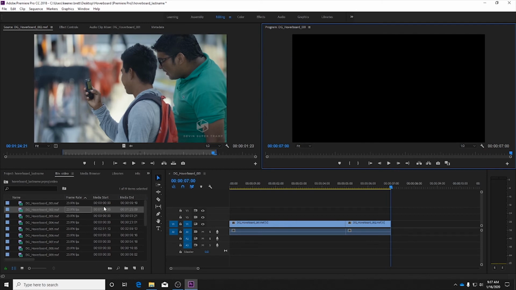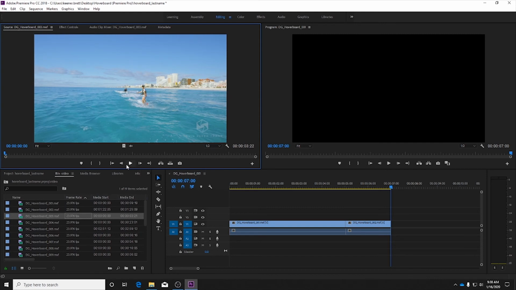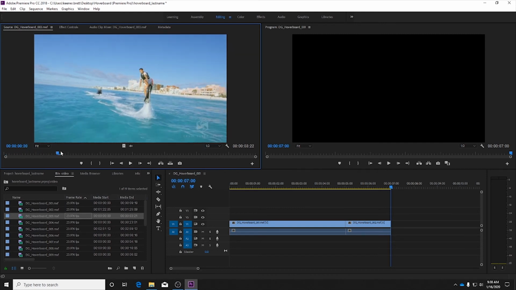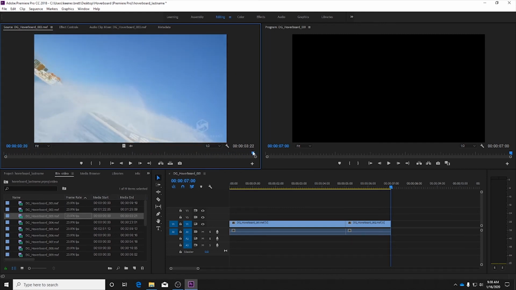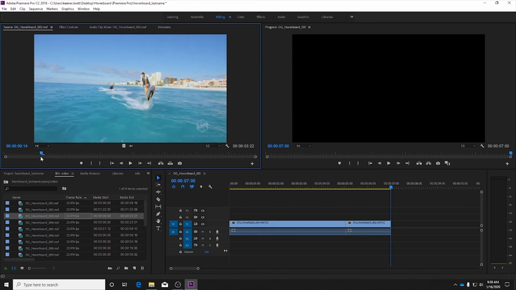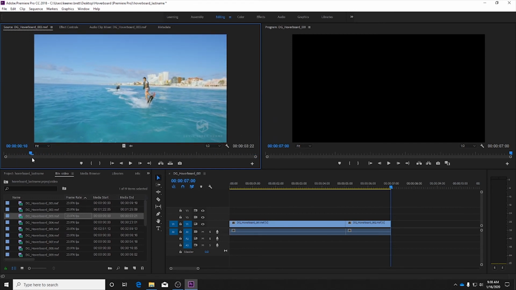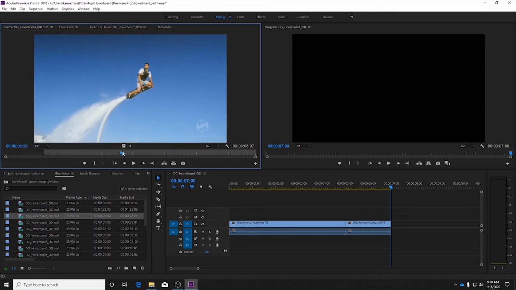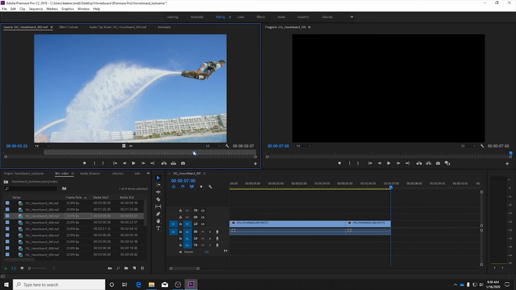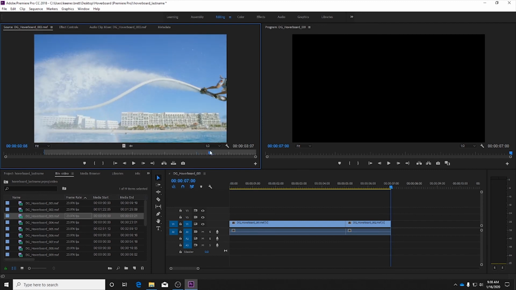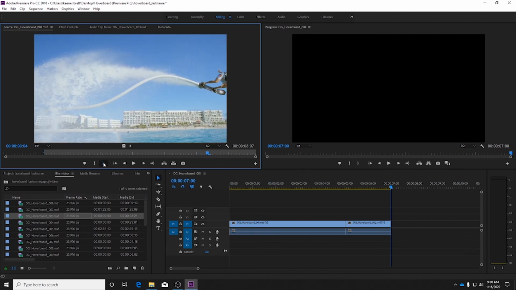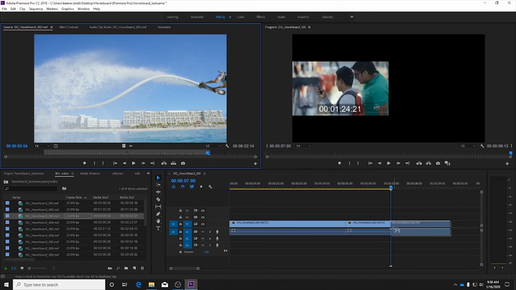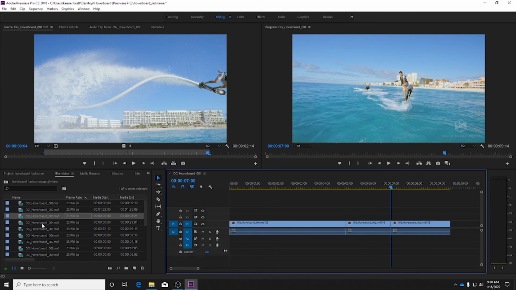So we're going to do that for 2 more clips, hoverboard 003 and hoverboard 004. So again, let's preview this. Let's get rid of any unnecessary footage. I'll probably start right after takeoff. Right there is about good to mark in. To mark out right when he's about to leave the frame. Right there, I'll mark that out as well. Same thing, left click, drag, drop. There you go. We'll do one more,